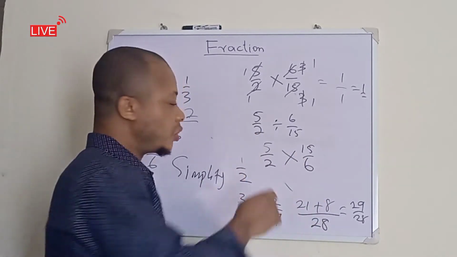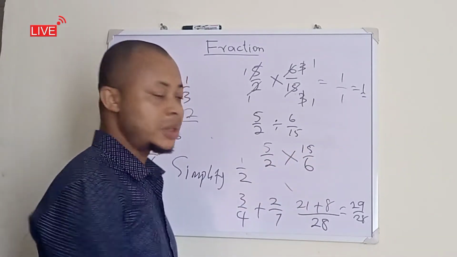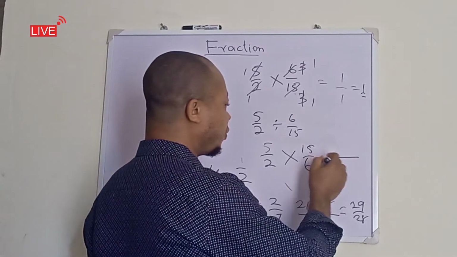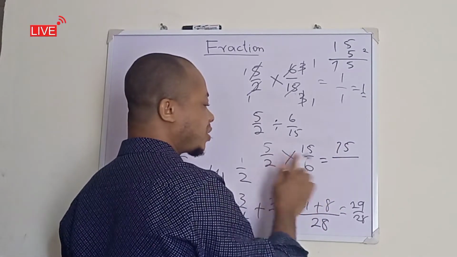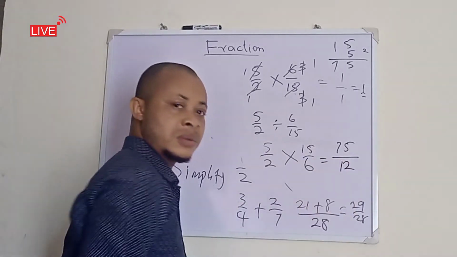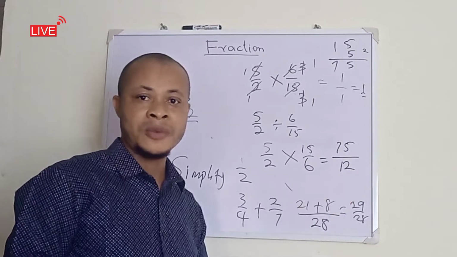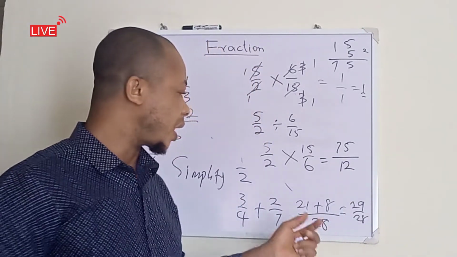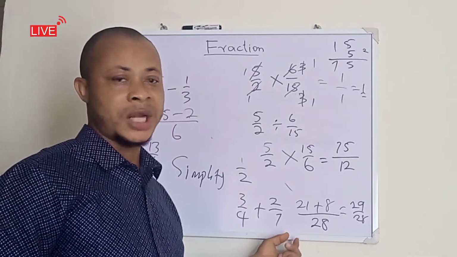What you now do is to multiply. Use 5 to multiply 15 and use 2 to multiply 6. So this is going to give you 75 over 2 times 6, or 6 times 2 will give you 12. Okay, that's the answer to that. Now, the reason why I'm explaining this is that we are going to encounter all these things when we are solving problems. So don't forget